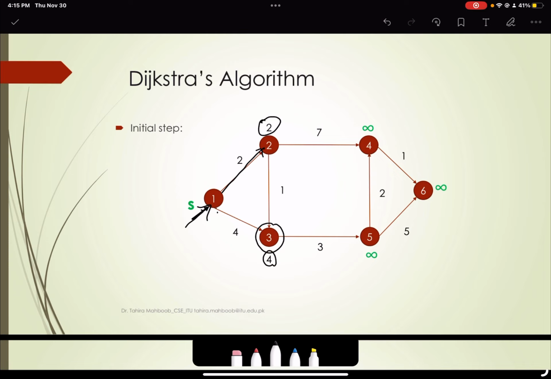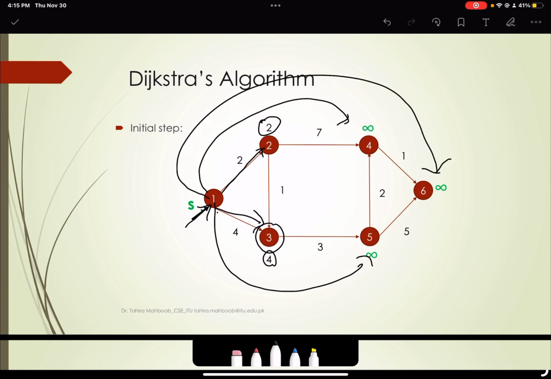However, in the initial stage, we do not know the distance from going from 1 to 4, or going from 1 to 5, or going from 1 to 6. So we will allocate an infinity distance to these 3 nodes,